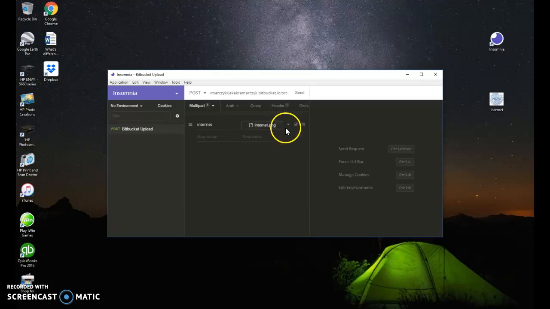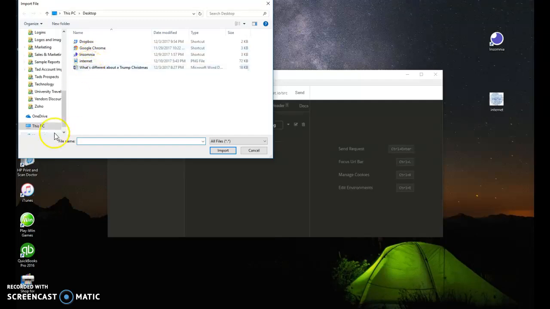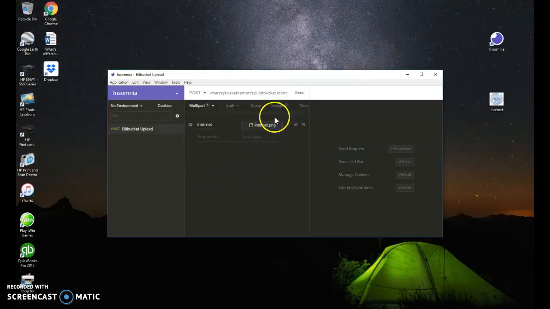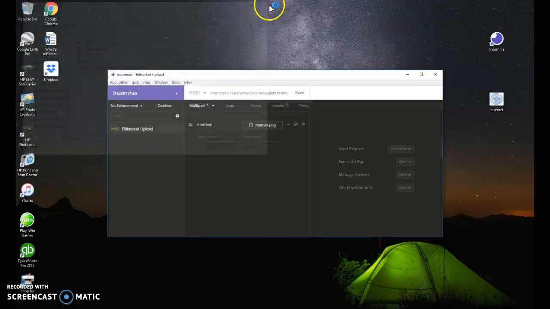Alright, there's my file. If you see here, you go ahead and you choose it. Mine's on my desktop or this PC, so if I go to my desktop, it is also located here. For internet, that is going to be my picture. So when you see it change, it has grabbed that photo off of your desktop and is ready